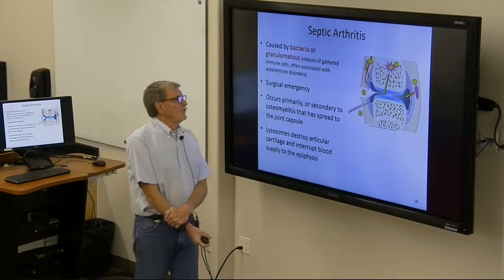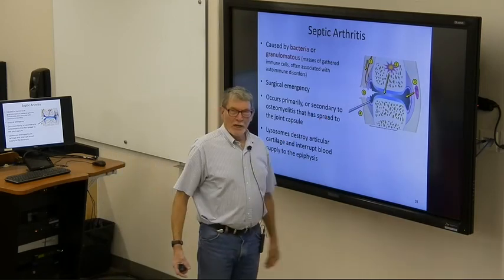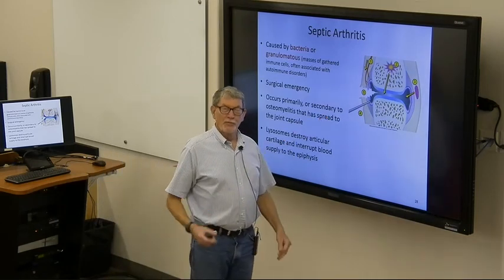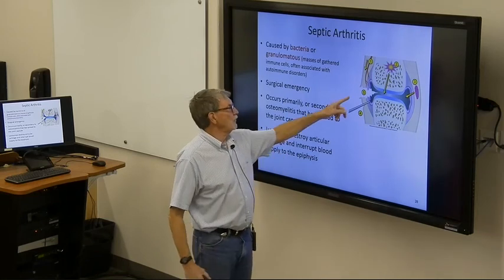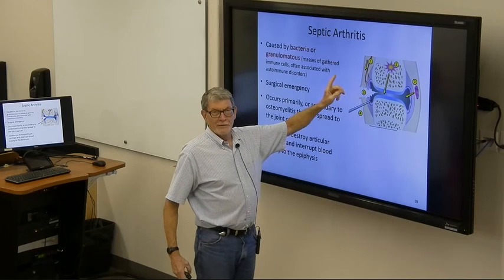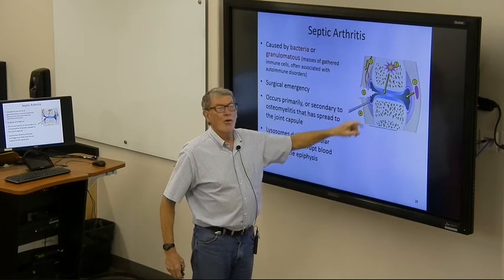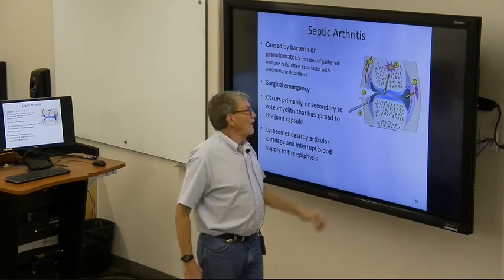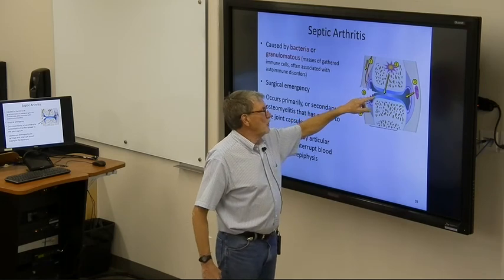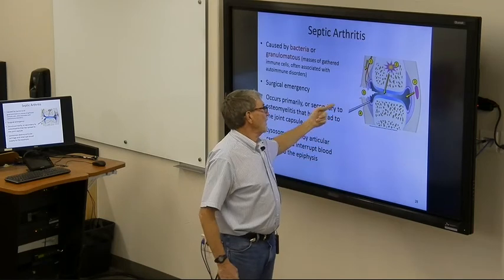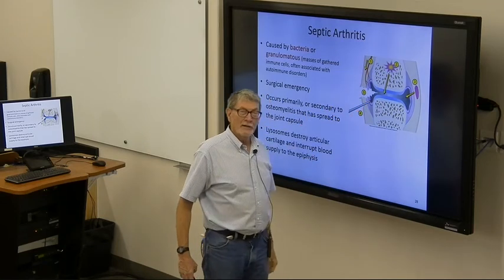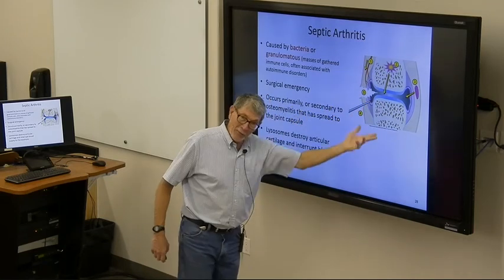Septic arthritis. It happens with kids a lot with their elbows and knees because they're falling down and jabbing rocks and stuff into their elbows and knees and introducing bacteria into the synovial joint. And so it can cause damage. It can start as a cyst here and leak this way. It can come in from the outside this way. It can result in osteomyelitis.